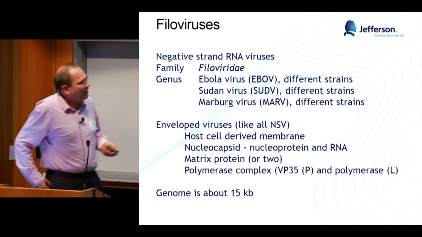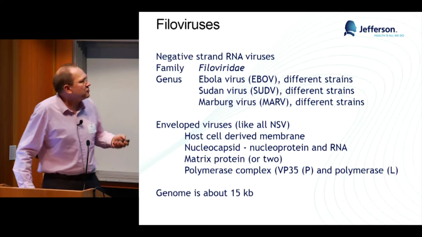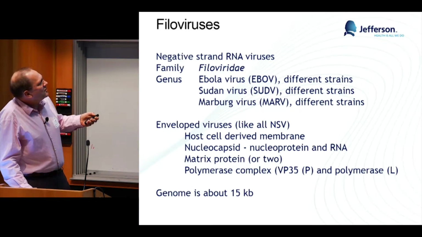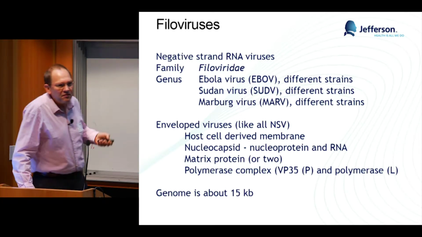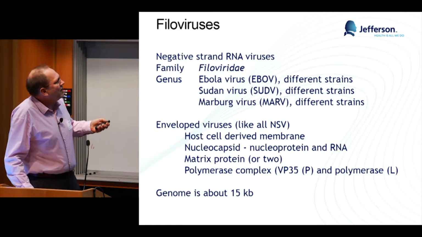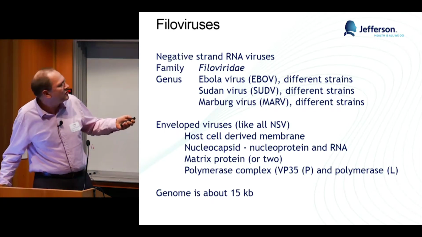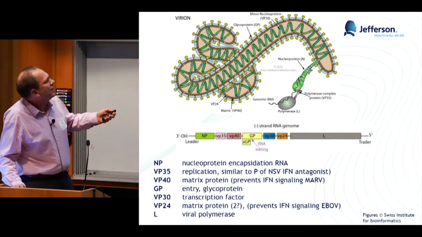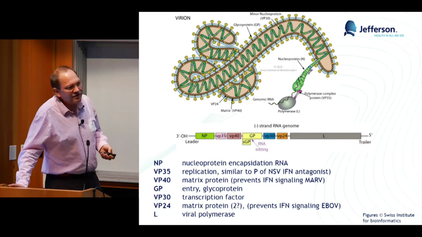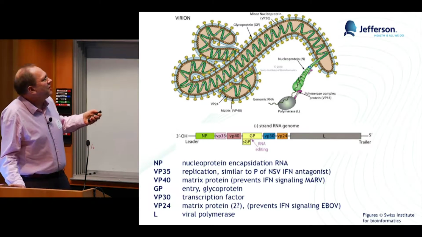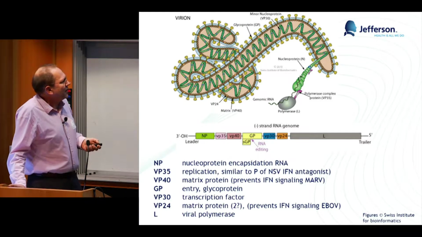Filoviruses, I really do not have to go into detail through that because Erika really did a good job to explain all of that. We have basically 3 main candidates: Ebola virus, Sudan virus, and Marburg virus. They are now listed as separate viruses; before they were together. And as I said, also enveloped viruses with a genome of 7 genes, about 15 kb. This shows you such an Ebola virus. A fascinating thing about Ebola virus is that it's a really long virus, about 4 or 5 times longer than rabies virus, with this filo-like structure.